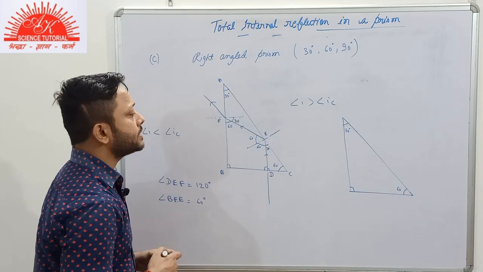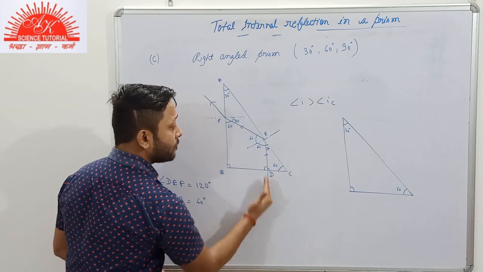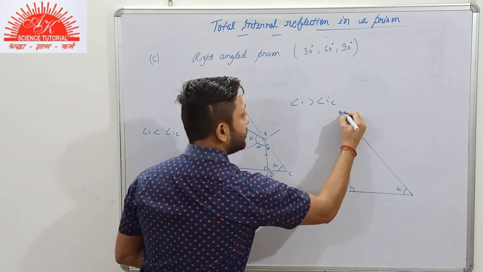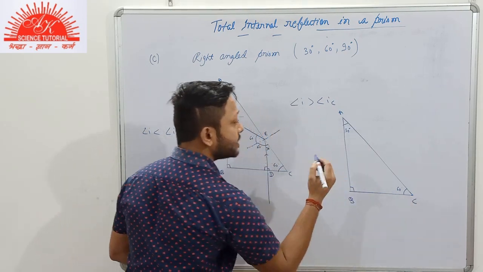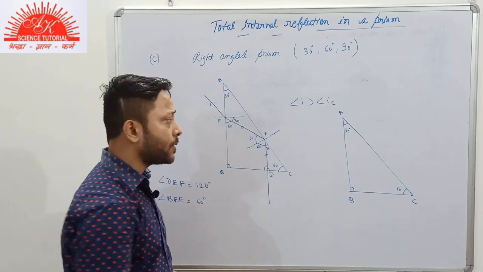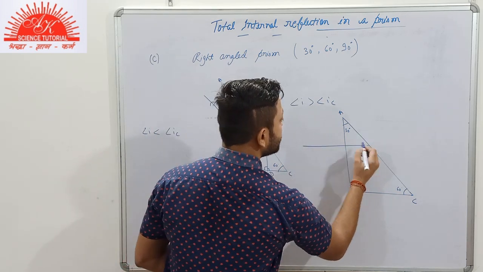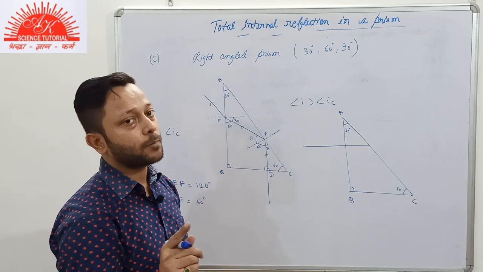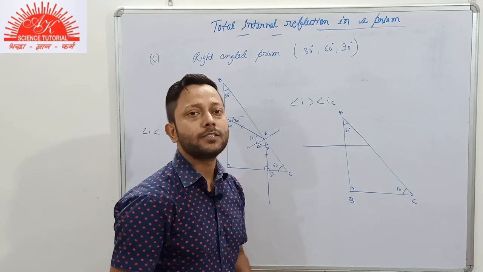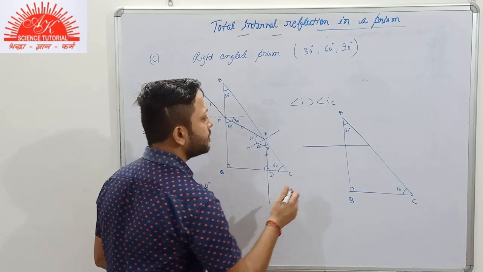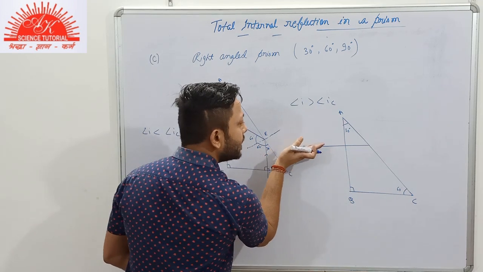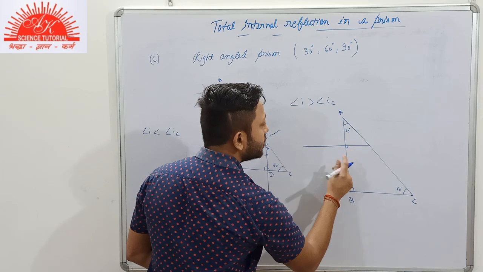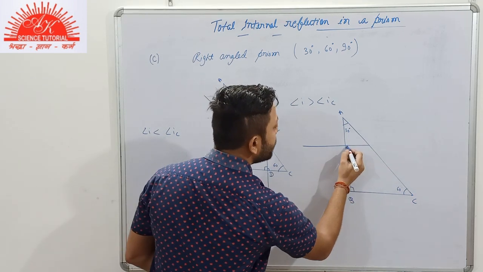Now in this case, the light ray was entering the prism through the surface BC. If the light ray enters the same prism, 30, 60 and 90 prism, through this surface or through this surface, then total internal reflection won't take place. And you can find the angles on your own. It's a very easy, very simple part. If the light ray enters through this surface, then I'll do one part for you. The second part, you'll do on your own.